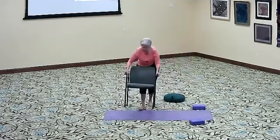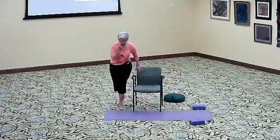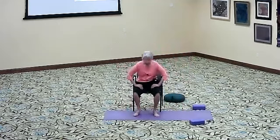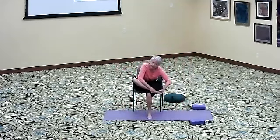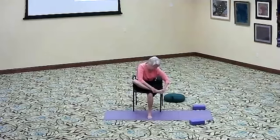All righty. So now this time we're going to sit on our chair and we're going to pick up a foot and we're going to massage the bottom of the foot. You can use your thumbs, you can use your knuckles, you can use your fist, whichever works for you. But we simply want to get into the bottom of the foot and squeeze and knead. Don't overlook your toes. They deserve a little TLC as well. Each toe should get a little squeezing and kneading